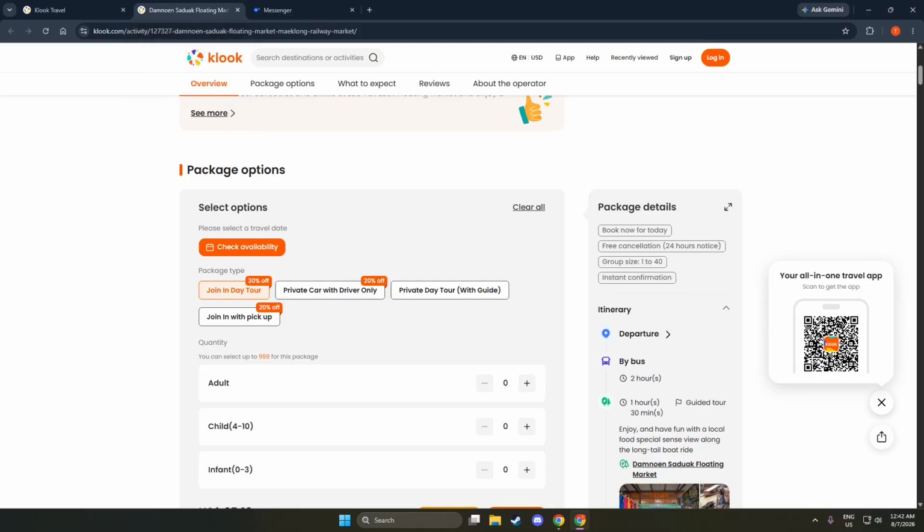From there, choose how you want to share it, such as copy link, Messenger, WhatsApp, email, or other apps. Klook passes the exact activity address into whatever option you pick. If you pick Messenger or WhatsApp, your chat list will open and you can choose the person or group. If you pick email, your default mail app opens with the link already inside the message body, so you only need to add recipients and any notes.